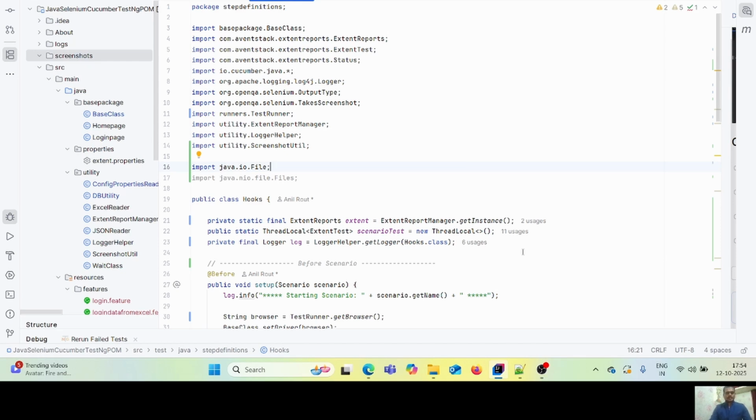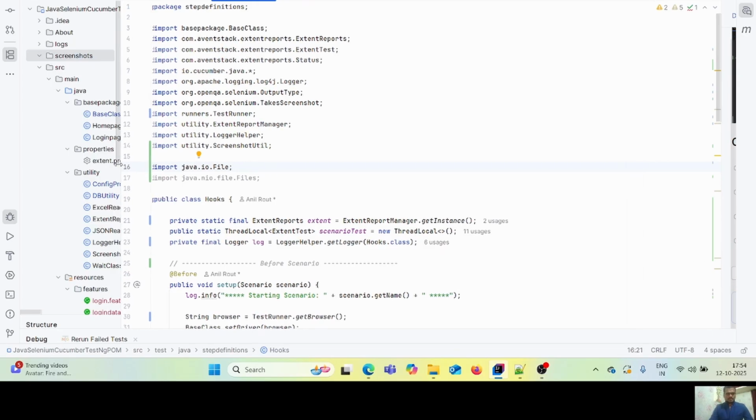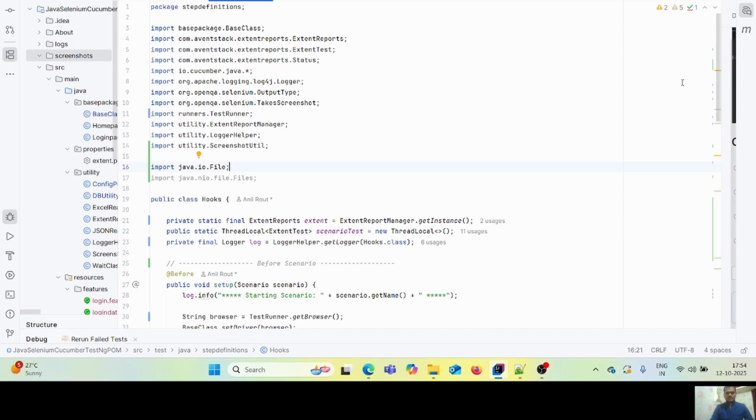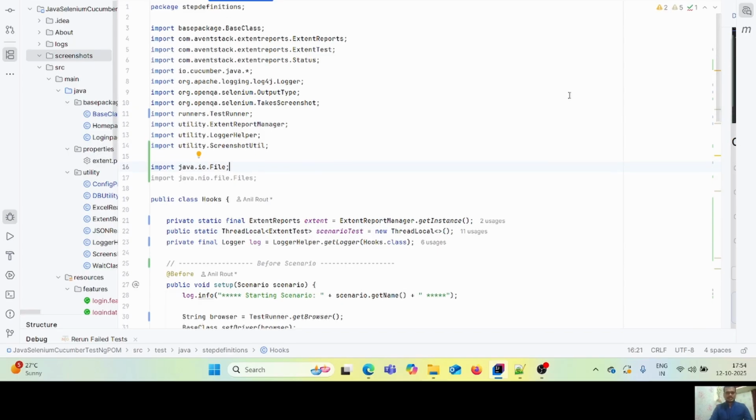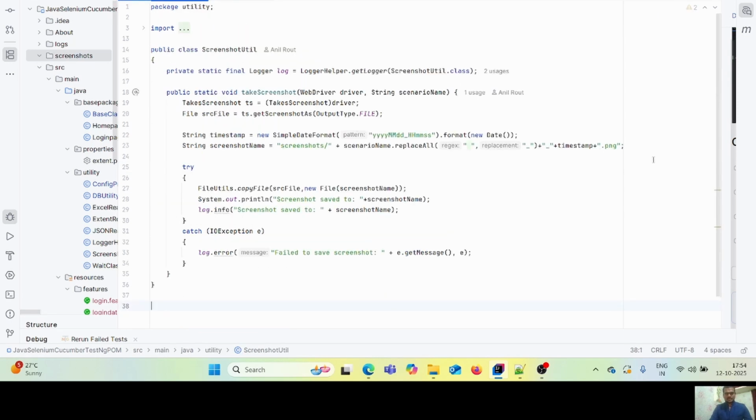Okay, if you remember, we discussed the framework structure in the last series. So basically here we are going to capture the screenshot of failed scenarios. That was configured in Hooks.java. I have one utility class, let's say the utility class is ScreenshotUtil. So how exactly is it designed? If you will see here,